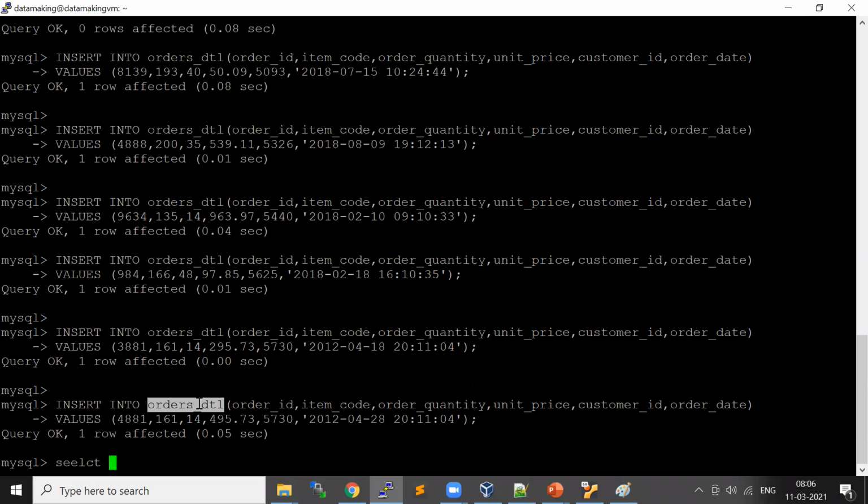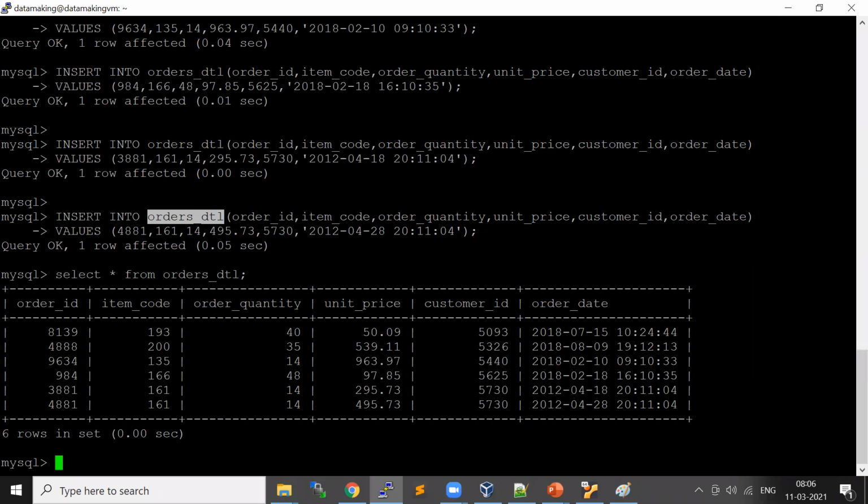So let me select this table. I have six rows in this table. Okay.